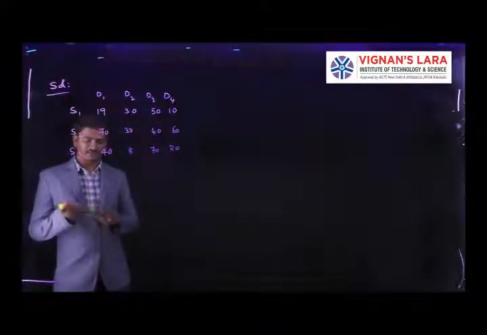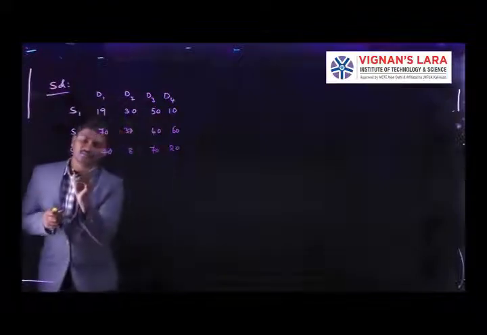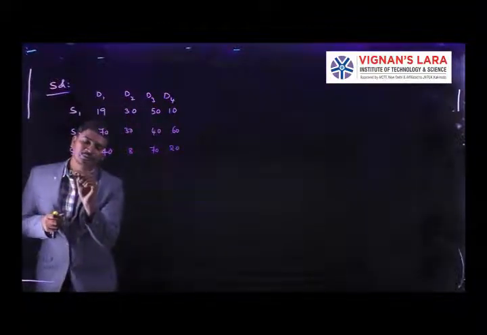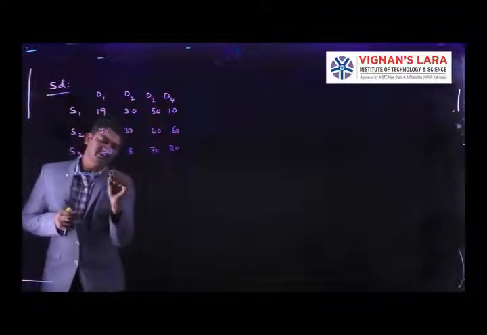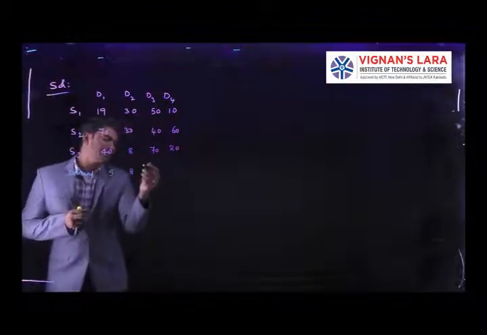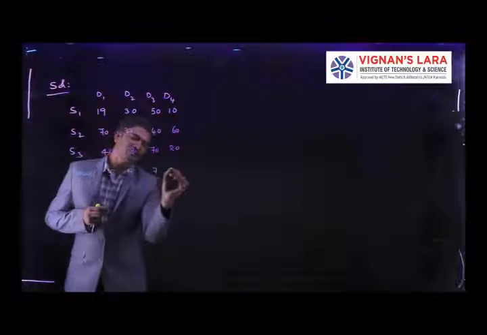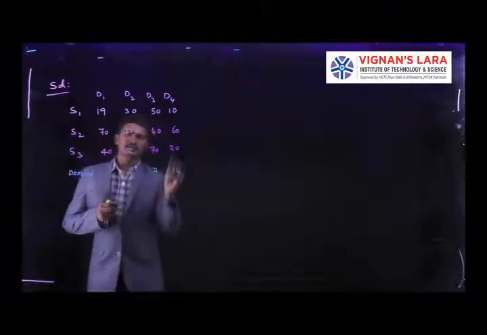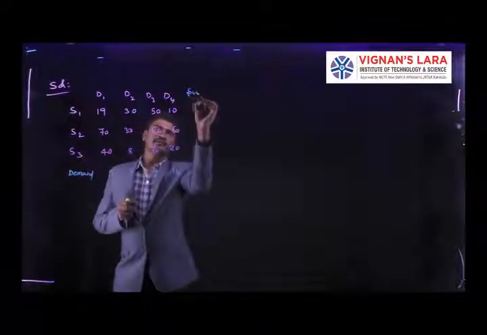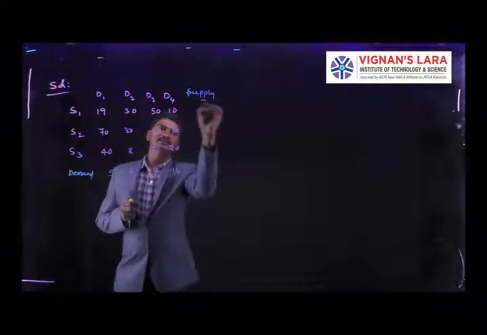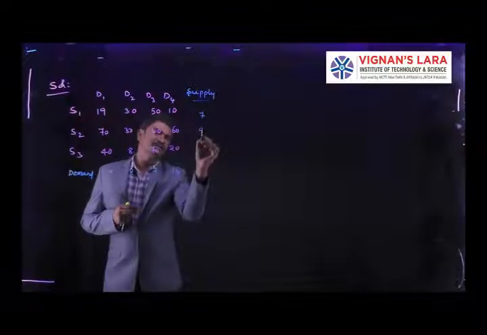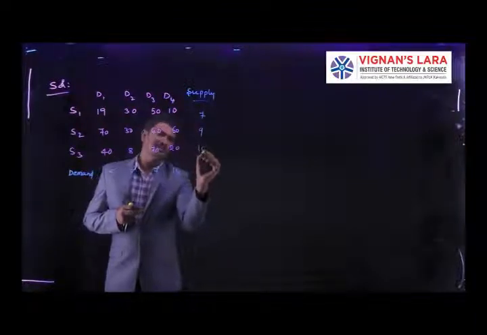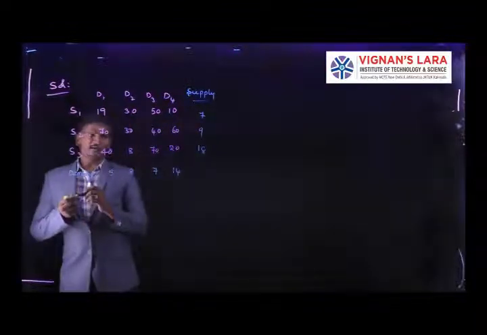After this, the demand and supplies are given. Coming to the demand, at the first station the demand is 5 units, the second station 8 units, the third station 7, and the fourth station 14. Similarly for supply, we have 3 supplies. The first station's available supply is 7 units, then 9 units, then 18 units. These are the total supplies and demands.